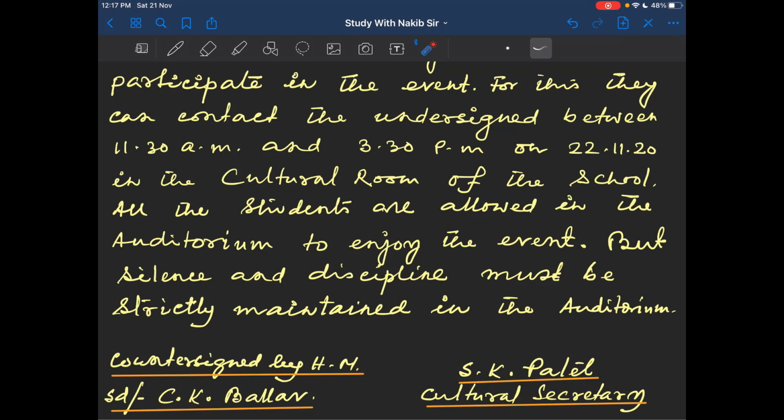This is how you can write a notice with all ease and pleasure. If you think you can write a better one than this, yes, it can be done, but do this at least and you will get the full marks. I think the matter is quite easy now for you.